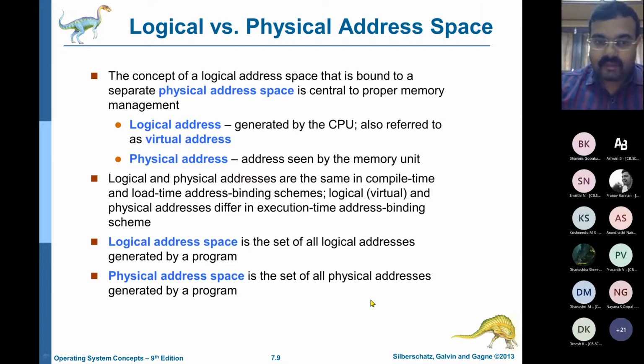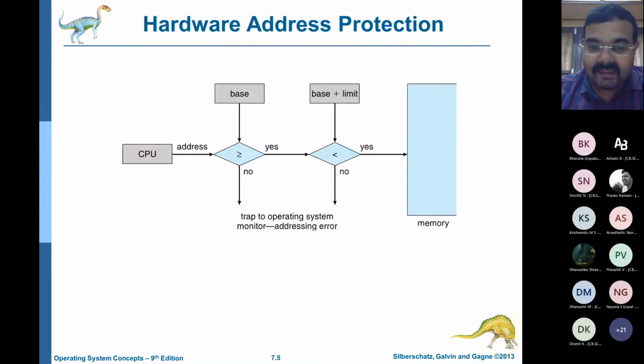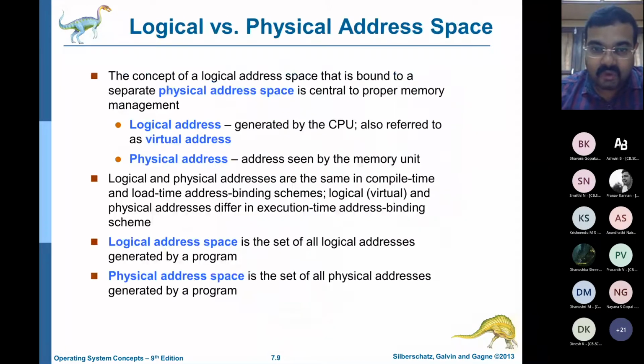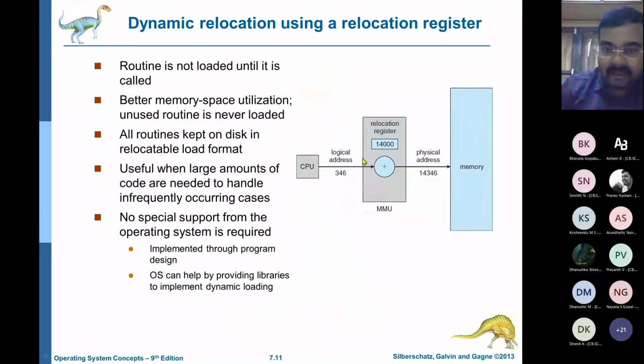I already told you the logical address is generated by the CPU, also called the virtual address. The logical address has to be converted into the physical address through this conversion using the base plus limit register. I already told you this. And in the CPU there is a memory management unit which does this conversion and binding. See, the MMU is inside the CPU. The MMU is part of the CPU only, but here it is shown a little differently.